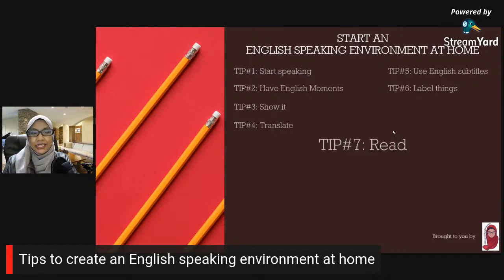Now, reading is the most important process that you would have to go through in creating an English speaking environment at home. Here's why. In Islam itself, we learn that the first word revealed to our Prophet was Iqra. Iqra simply means read, to seek knowledge. So that alone shows that reading plays a very, very important role in our process to get information, to get knowledge. Okay, now scientifically,